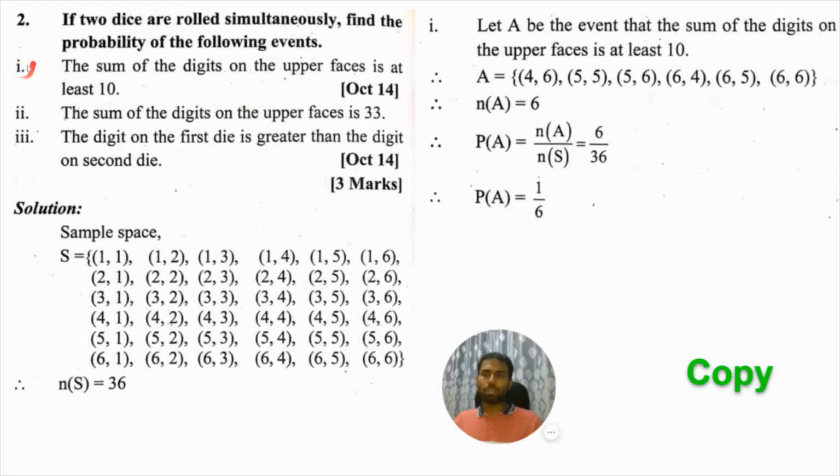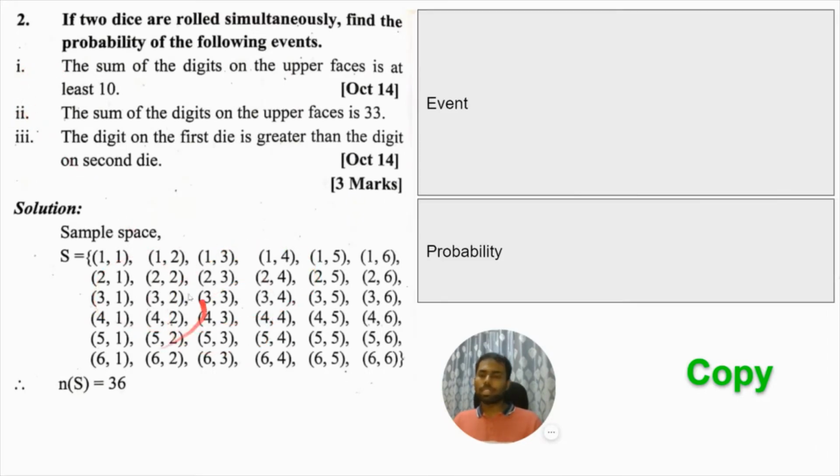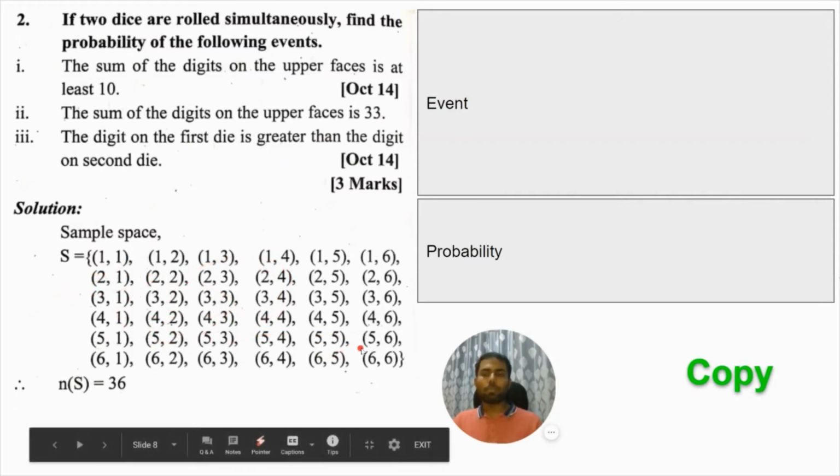Okay, so we are only done with the first sub question of question number 2। Now let us move on to the second sub question। The sample space will remain same। Okay, इसको तुम्हें वापस नहीं लिखना है, don't write the sample space again and again for each and every sub question। Okay, मैंने यहाँ पे लिखा है so that I have the reference, so that event के elements लिखते समय मेरे पास ये reference की तरह रहेगा, but you don't have to copy this sample space again।